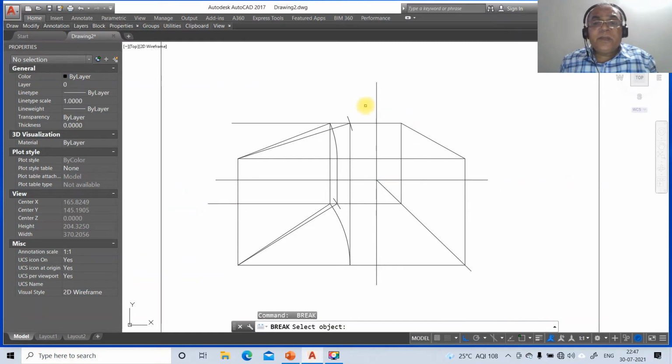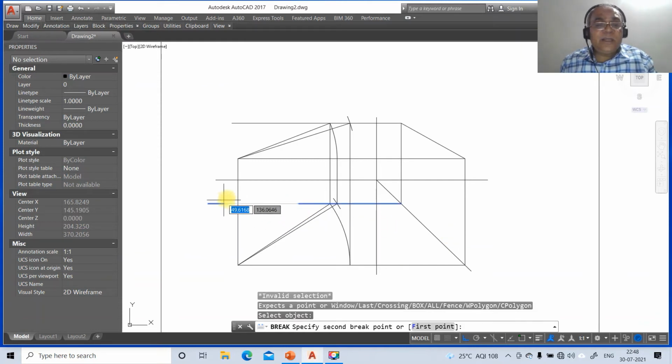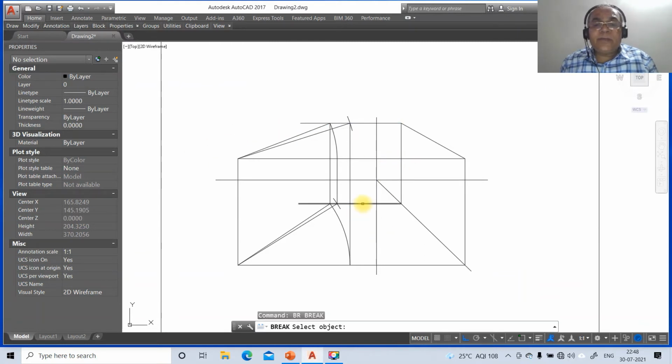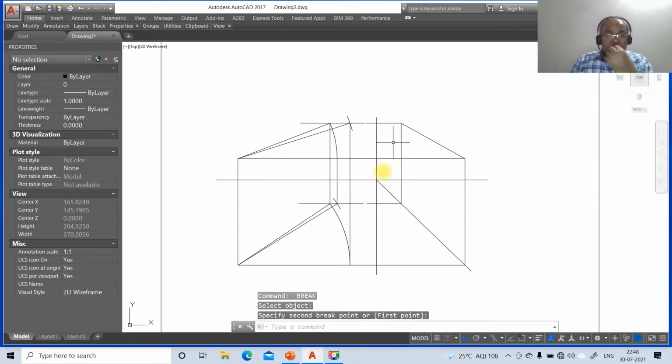Once you do that, then we need to go to the XY and X1 Y1 line. Now we need to break this line till here, and similarly you break this line till here. So now we need to break somewhere here, and similarly somewhere here. So now we need to